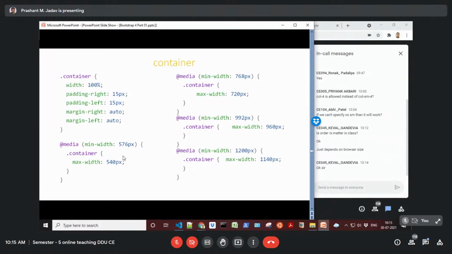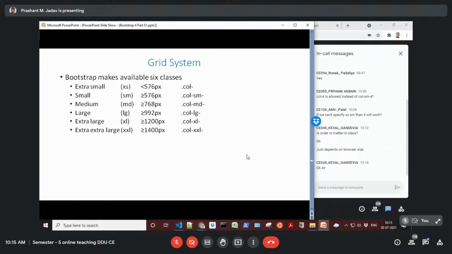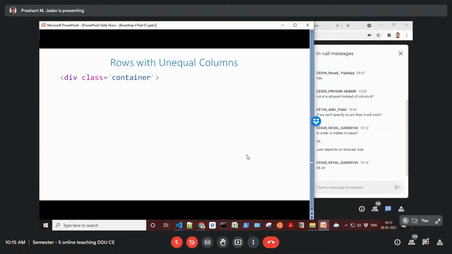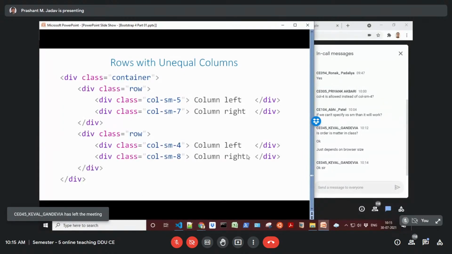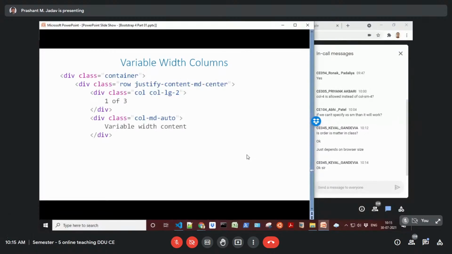That's why there is a difference between these two widths. You can also have variable width. Sometimes you can also specify auto, so it will automatically decide the width.